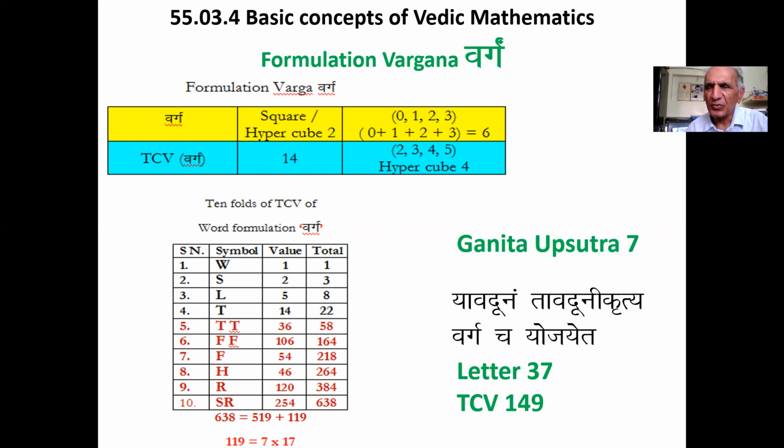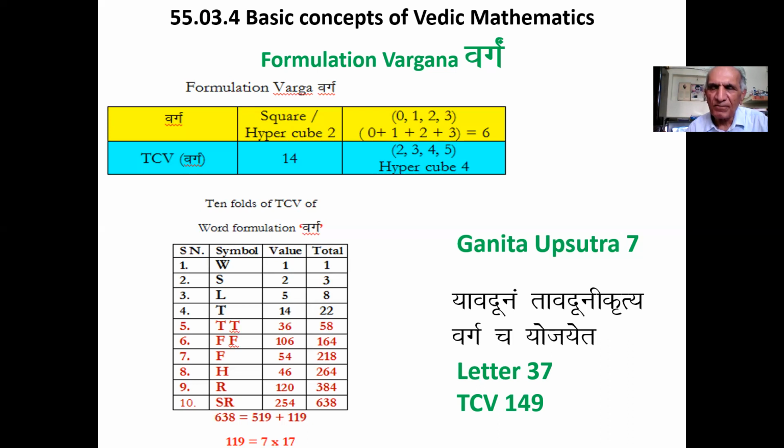And Ganita Upsutra 7 is a scripture of 5 letters, and it is of 5 words and is of 37 letters and 149 as a TCV value. The formulation Varg as Vargam with these features deserves to be comprehended well,